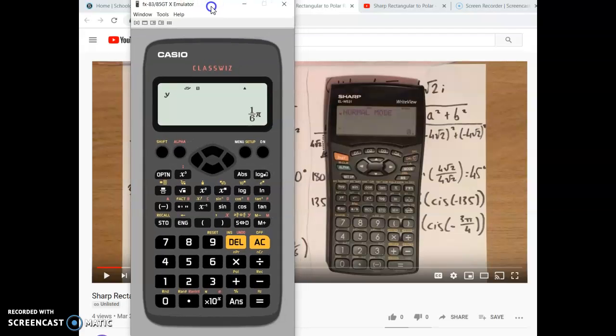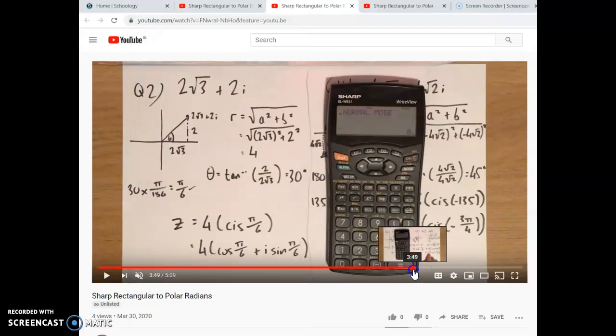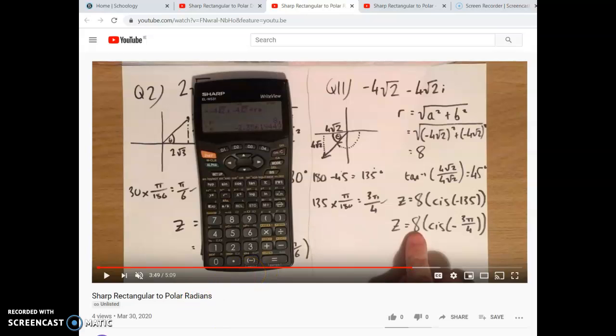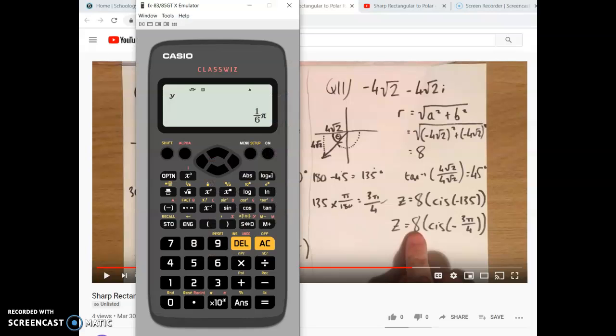All right, just one more example done like that. So minus 4 root 2 minus 4 root 2i, and this time I'm expecting 8 cis minus 3 pi over 4 as my answer. So I'm dealing in radians here, so I want it in radians mode. So it is shift and plus, minus 4 root 2, shift and right bracket, 4 comma minus 4 root 2,